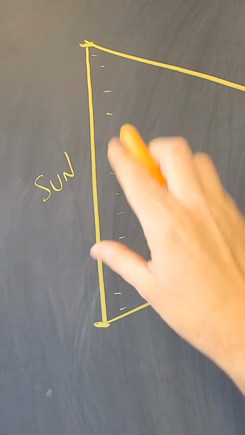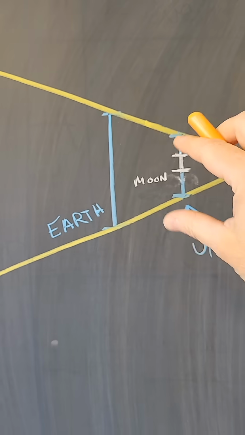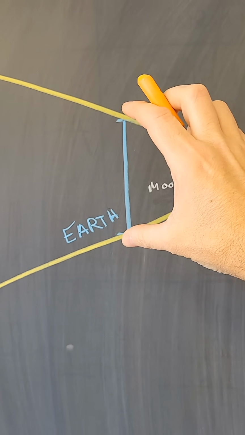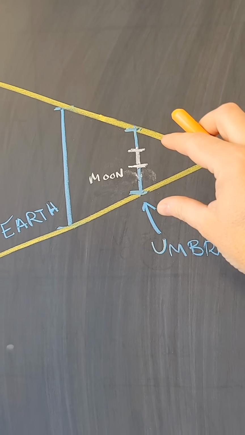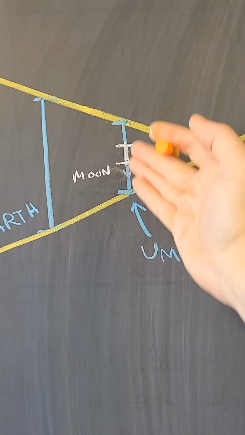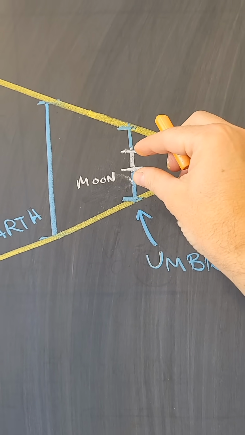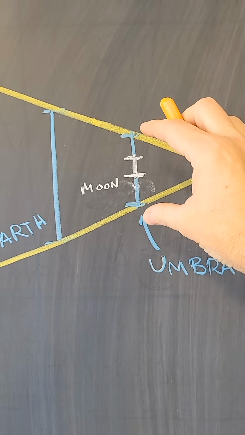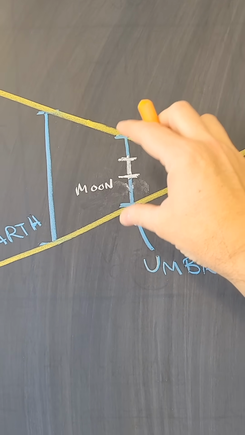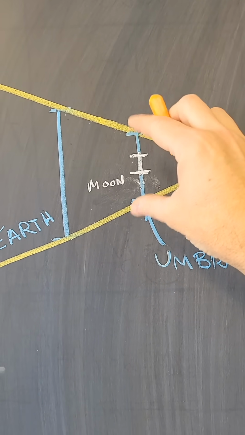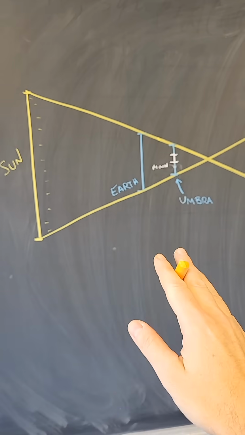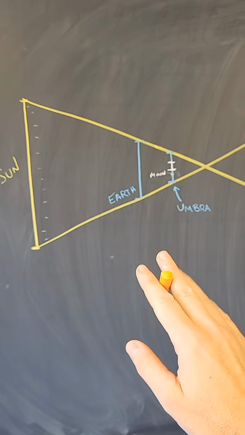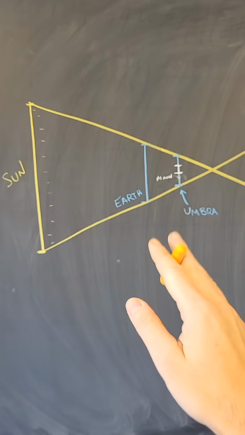If the sun is here and then the light is coming towards Earth and the Earth is this wide in diameter, then behind the Earth there will be a shadow, and right where the moon is, if this is the diameter of the moon, this is the diameter of the umbra, and that is what I want to compute to see how big is it compared to the moon itself. By the way, this diagram is wildly out of scale, but it just helps to get an idea of what's